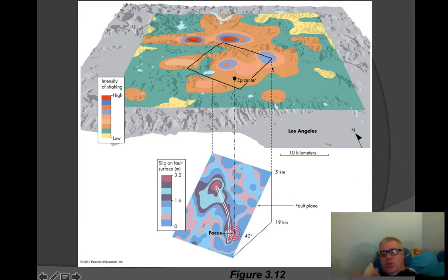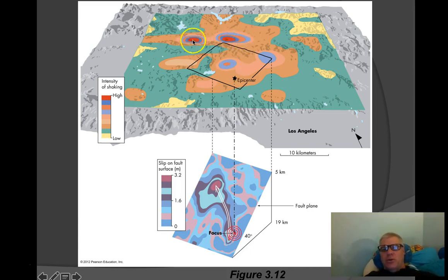One of the things it's showing is the epicenter, which is the spot on the Earth that the earthquake happened directly under. One thing that makes a difference in how much shaking there is, is how deep the earthquake is. Some earthquakes are much deeper in the earth, which don't shake as much, and the ones closer to the surface cause more shaking. But this shows you the places that actually had the most shaking. And what's interesting is the epicenter, the place directly above where the earthquake happened, didn't have the worst shaking.